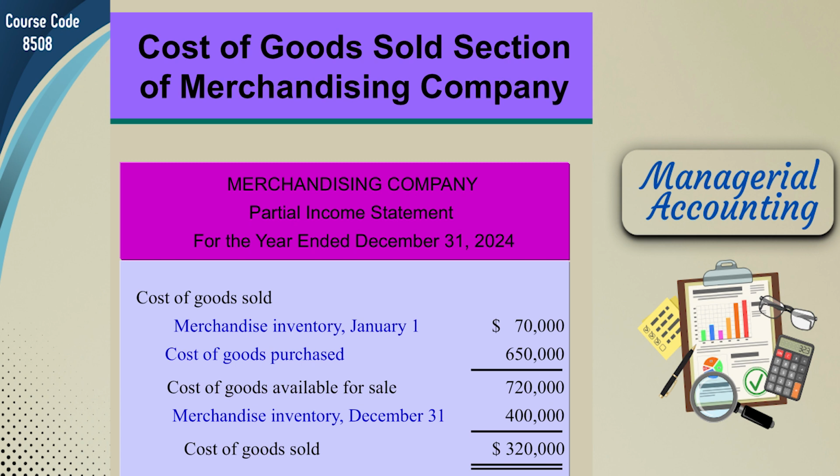So for preparing the cost of goods sold statement for the merchandising company, we need to write the merchandising company name, and we will write what we are preparing, like here partial income statement, or we may write here cost of goods sold section. And in the third line, we will write for the year ended December 31st,